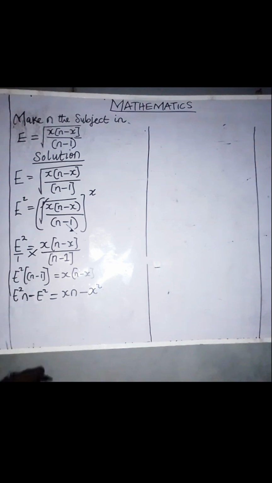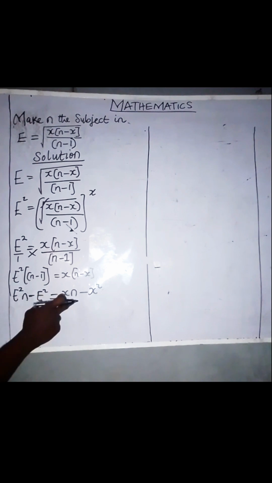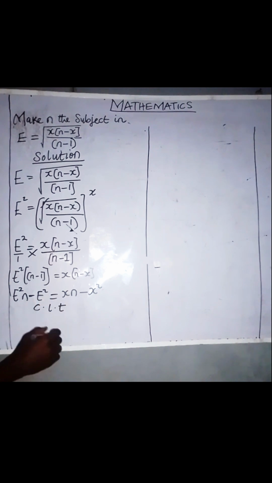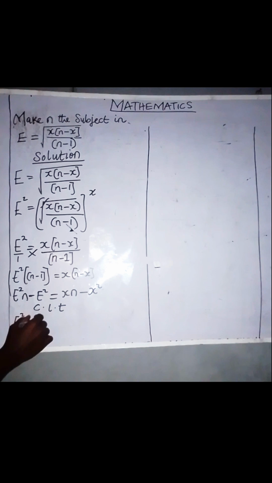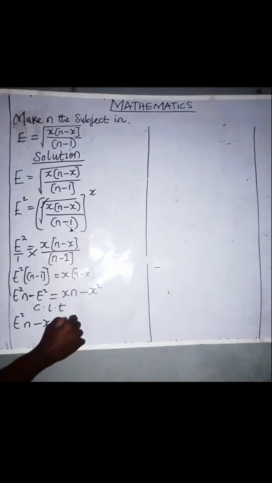Remember, I'm looking for n. So what do I do here? I have the value of n here, and also the value of n here. So I have to collect like terms. So I have my E square n. Then this is coming, having a positive sign, so when it comes in, it becomes a negative sign. Minus xn equal to. So this minus E is moving, so it becomes just your E square. Then your minus is still here, minus x square. So I successfully collected like terms to make the n on one side so that I can easily